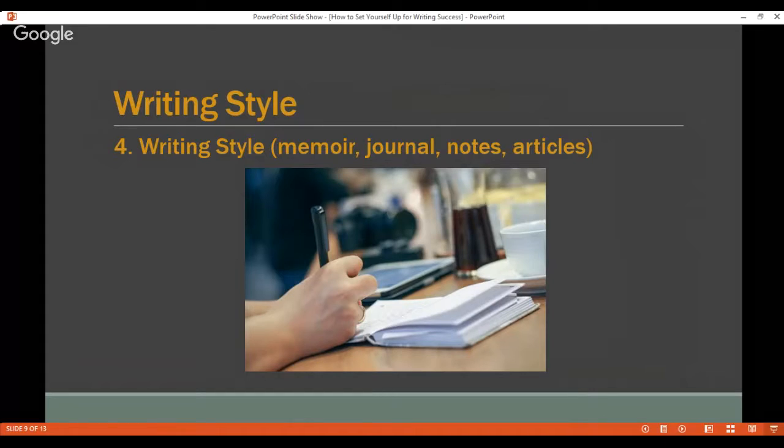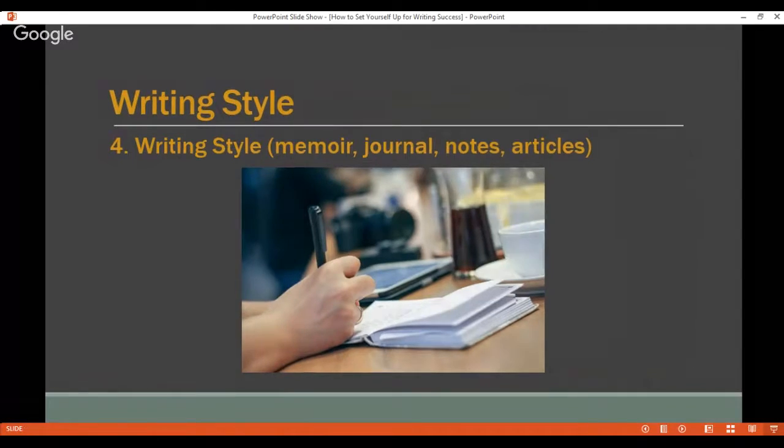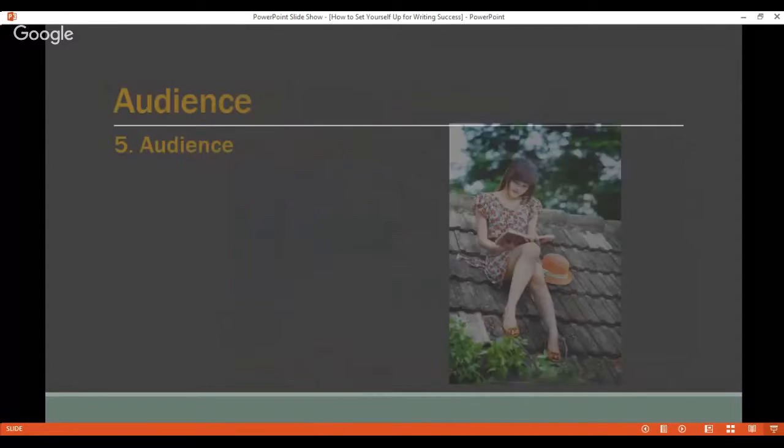Or if you just want to start off with brainstorming, if you've got an idea for maybe a memoir, come up with the brainstorm and ideas of different topics that you want to cover in that memoir, but stick with just one to start off with. It will improve your likelihood of success.